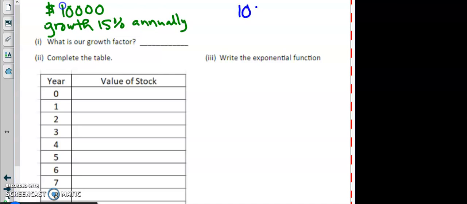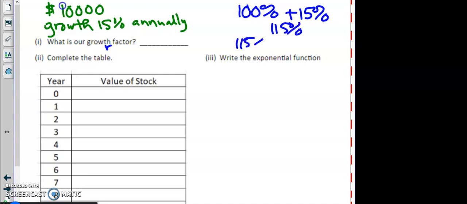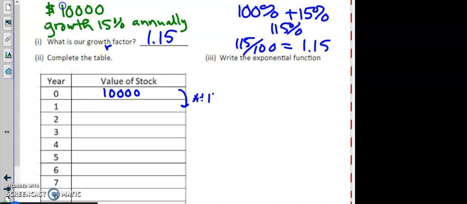So, as we did previously, to find that R value, or growth factor, we start with 100%. We're adding 15% since this is a growth. So we have 115%. If I take 115 and divide it by 100, it tells me our multiplier for this problem is 1.15. So the stock itself, at the beginning, is $10,000. To figure out how much it's worth after 1 year, we multiply by 1.15. Basically, that's that b value. So after 1 year, the stock is now worth